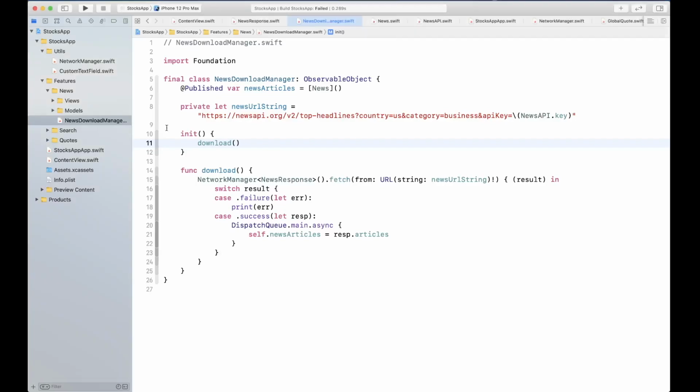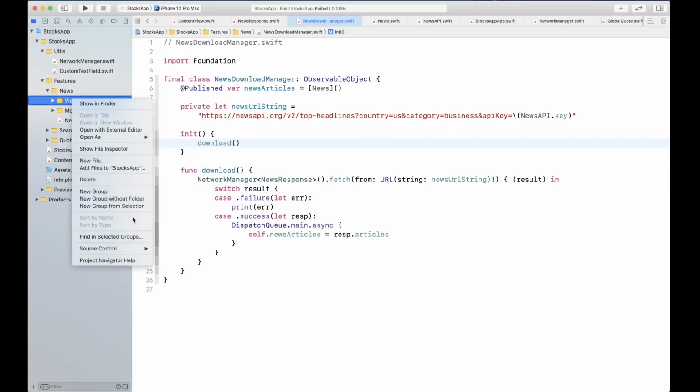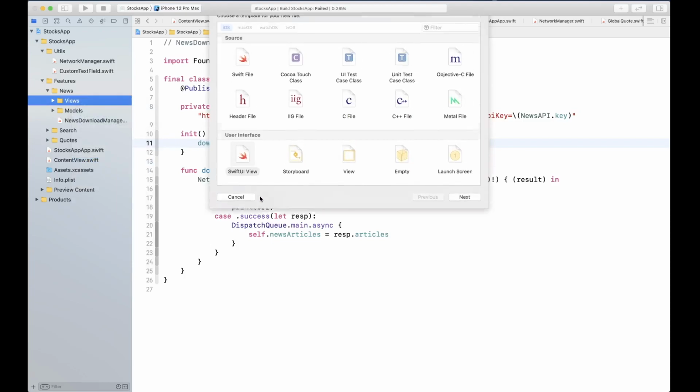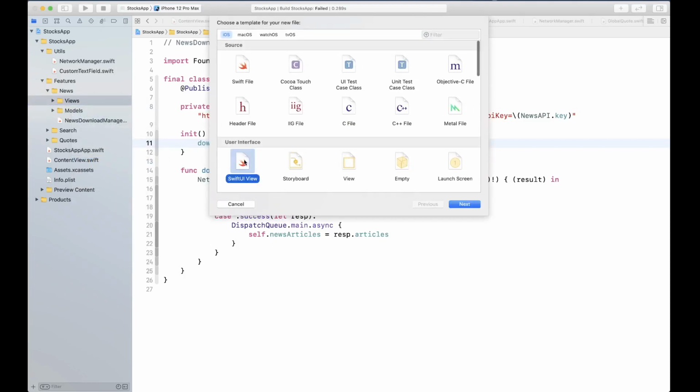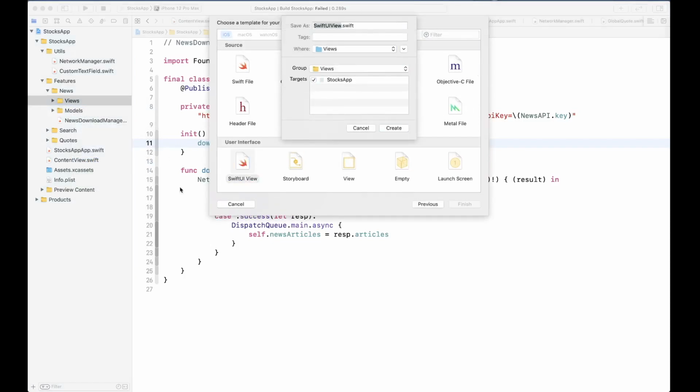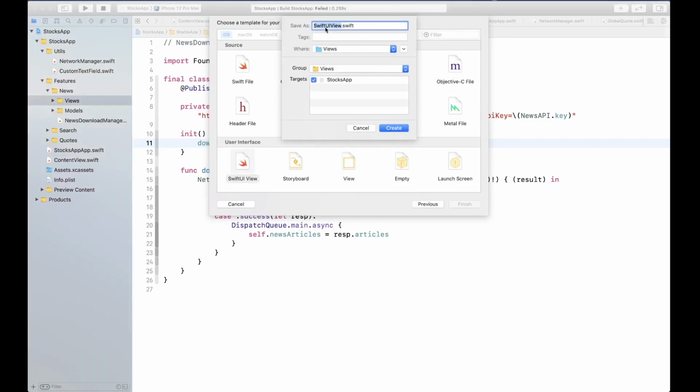All right, so let's go ahead and create a new view here, a SwiftUI view. So select SwiftUI view, and we're going to call this one bottom sheet view.